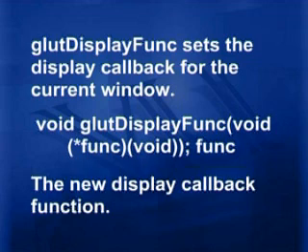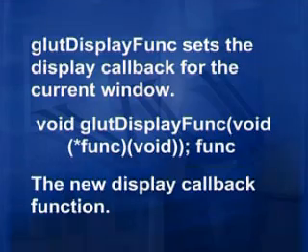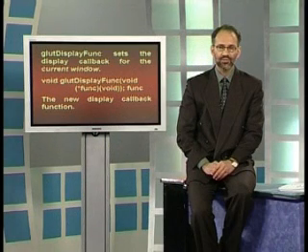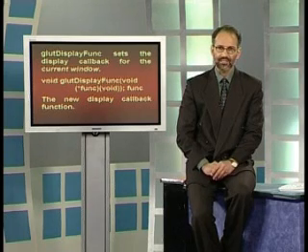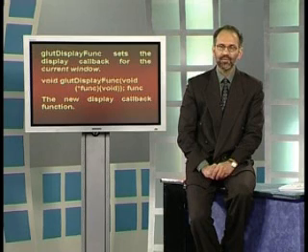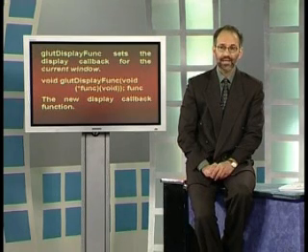glutDisplayFunc sets the display callback for the current window. The syntax is void glutDisplayFunc(void (*func)(void)). Func now becomes the new display callback function. So glutDisplayFunc का काम यह है कि वो जो करंट विंडो है उसके लिए डिस्प्ले कॉलबैक फंक्शन जो है उसको सेट कर देता है. Now whichever function is set as the display callback function, that would be invoked whenever the display is invoked,